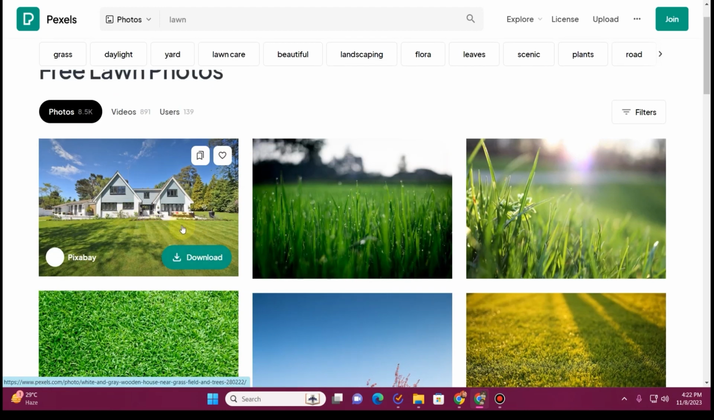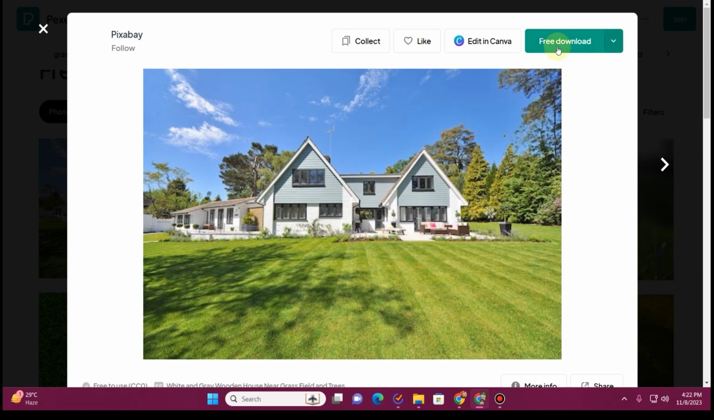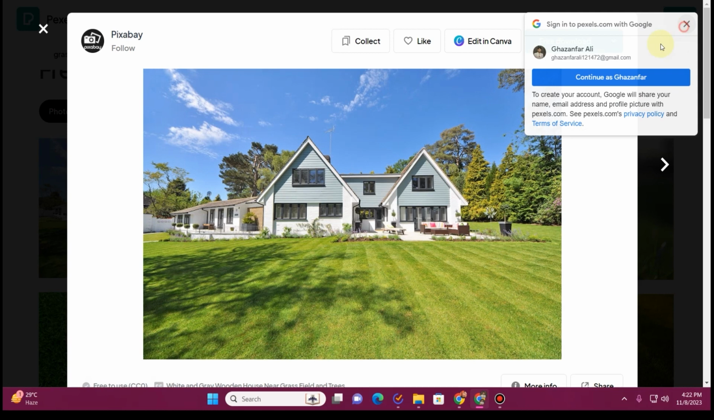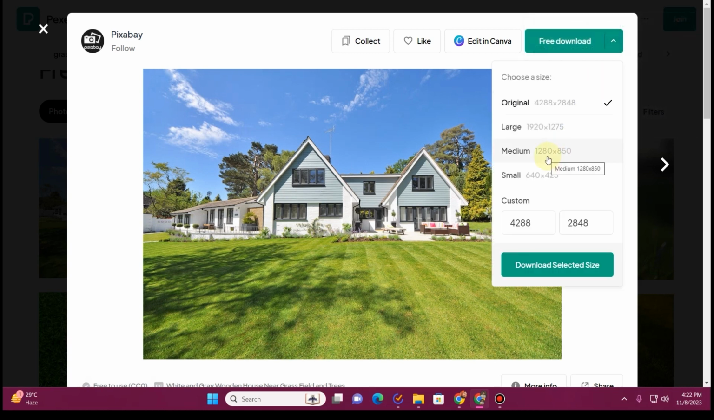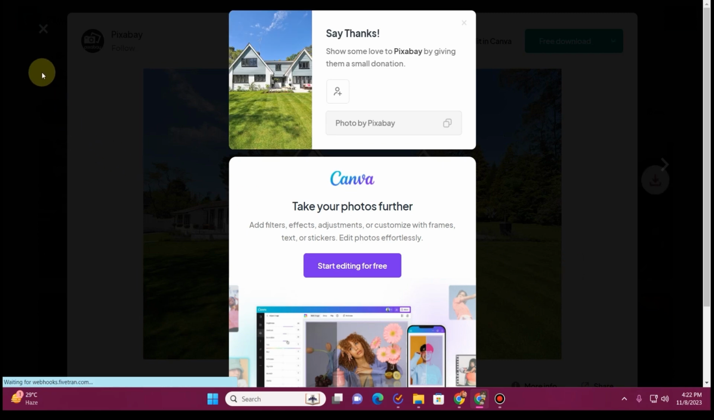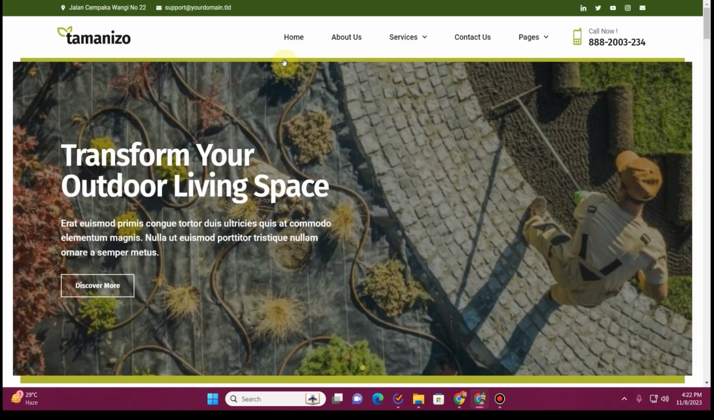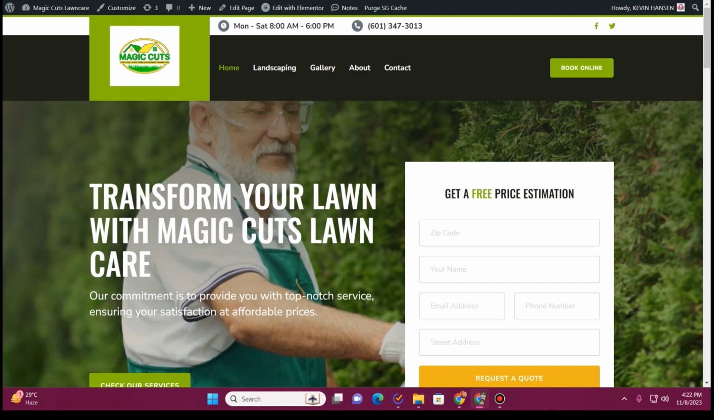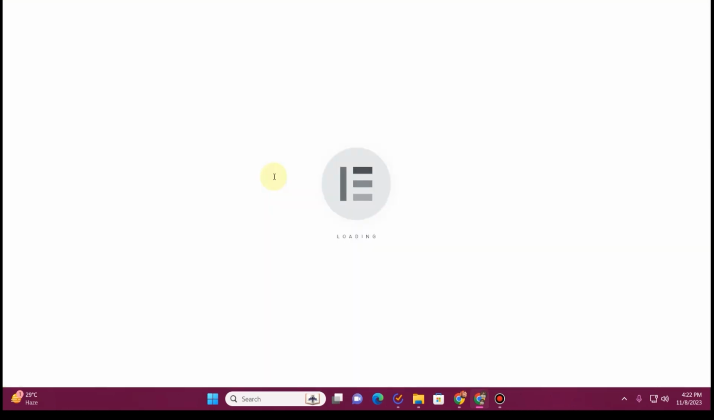So first of all, let's just download this image from here. Here you can see it says free download. You can download all of these images for free. I want to download this image in the medium size. So I'll choose the medium size and then I'll download the selected image. Then I'll go to the website and I want to replace this hero section with the image that we have